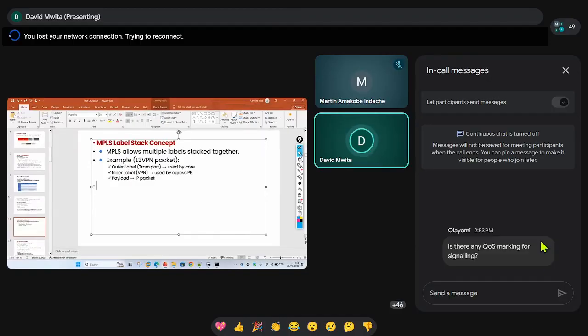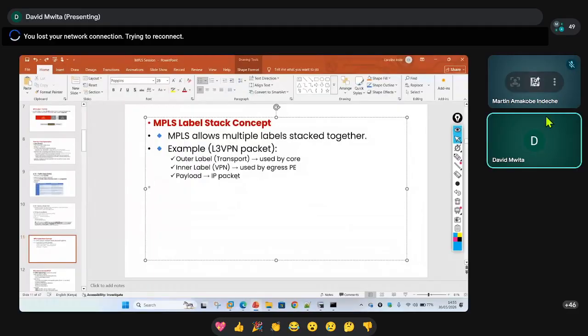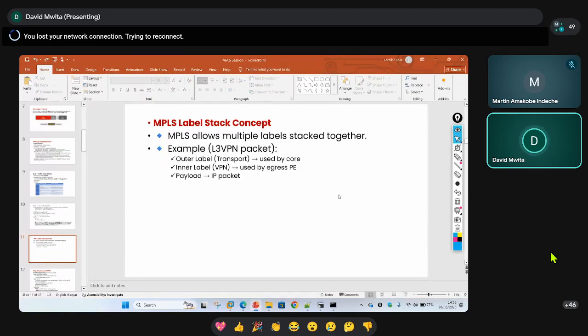And then we have the IP packet itself. So after all these labels have been popped, the IP packet is forwarded to the destination without any labels. So basically, we'll be able to see a label stack. This is theory, but with a practical approach, and I'll be doing my best to ensure that all these